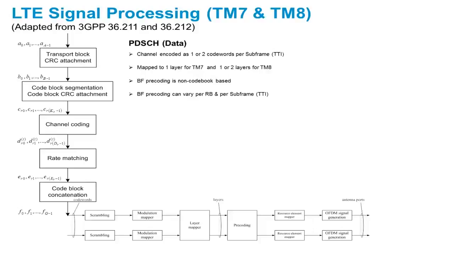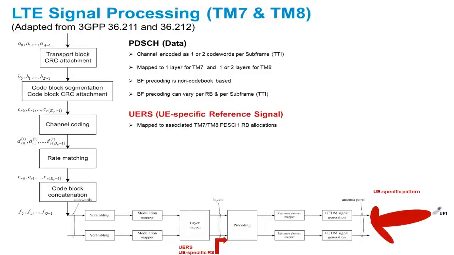to changing channel conditions. For demodulation purposes, transmission modes 7 and 8 include the mapping of UE-specific reference signal within each PDSCH resource block. It is important to note that the UE reference signals undergo the same beamforming precoding as the associated PDSCH data. This concept is illustrated on the processing diagram. The beamforming precoding is calculated by the base station to ideally maximize the signal-to-noise ratio observed by the target UE device. But equally, the chosen precoding will attempt to minimize transmission interference to other UE devices within the same or